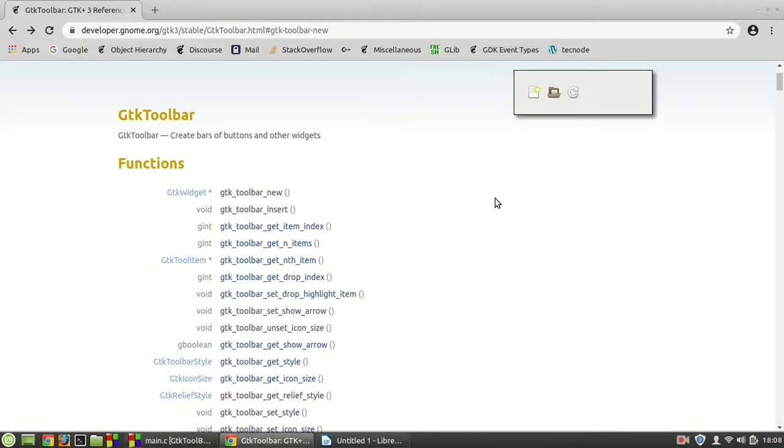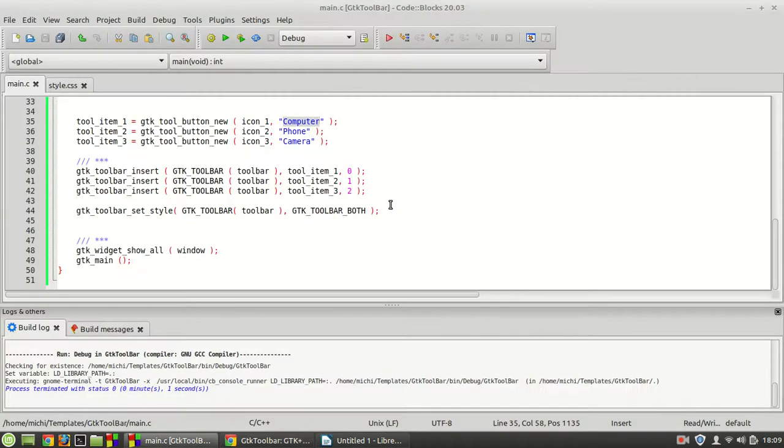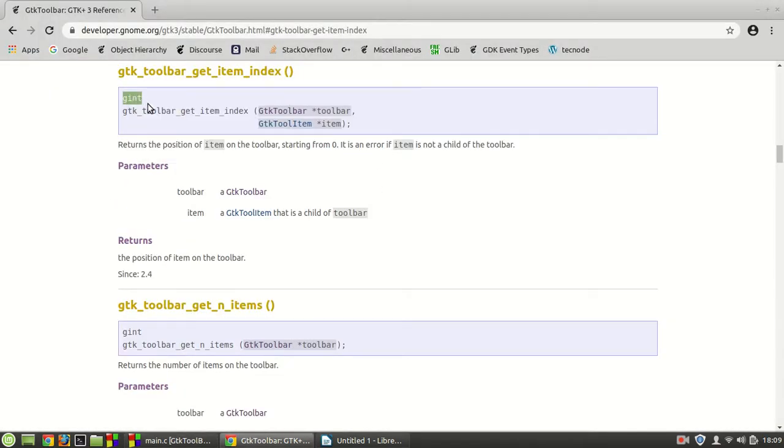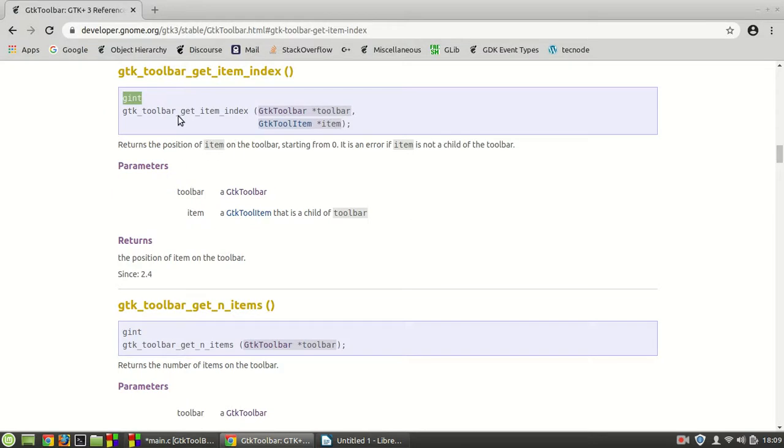So the next function which I am going to introduce you right now is called GTK Toolbar Get item index. It is a function which returns the position of an item on the toolbar, starting from 0, which is the first one, and it is an error if the item is not a child. So let's see. What do we need? It's returning an int, so we need to declare it. Int, I'm going to say position, and we are going to point it to this function,